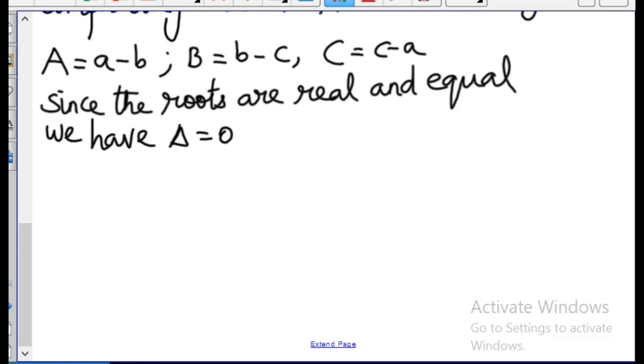Or you can write it as discriminant, delta equal to 0. That is the correct form. 10th standard, so you have to write everything properly. Write in the next line, discriminant